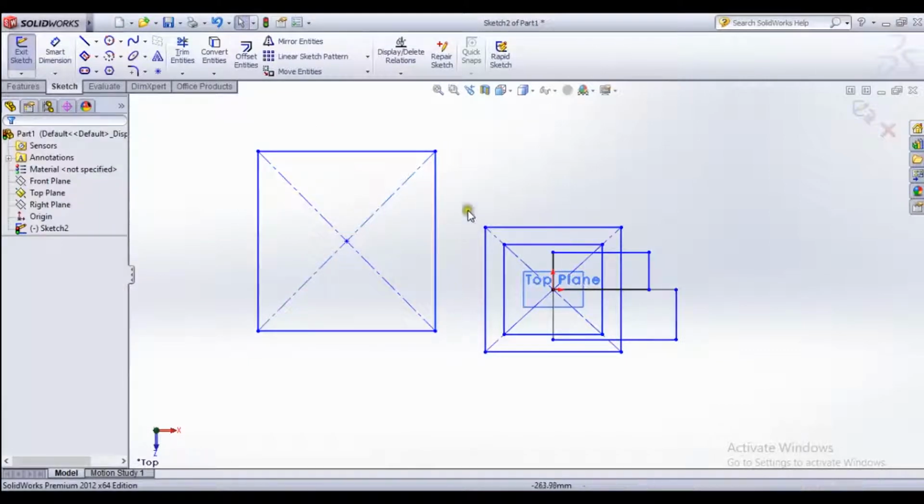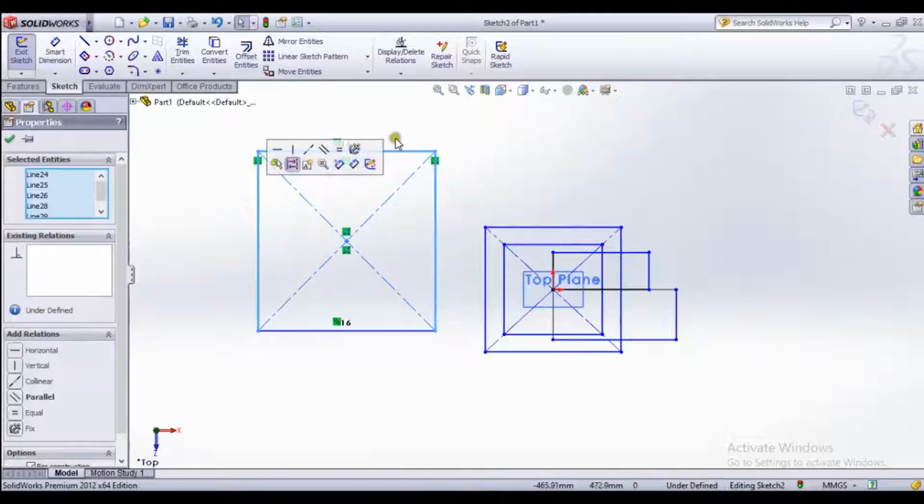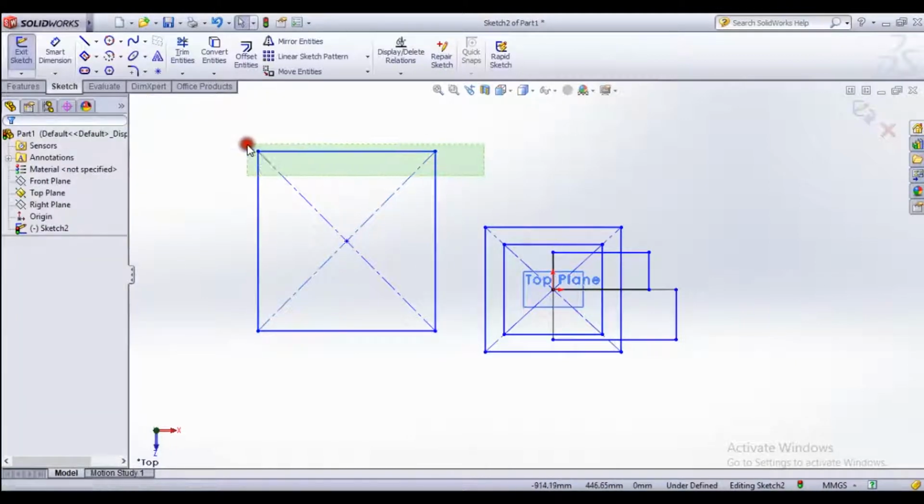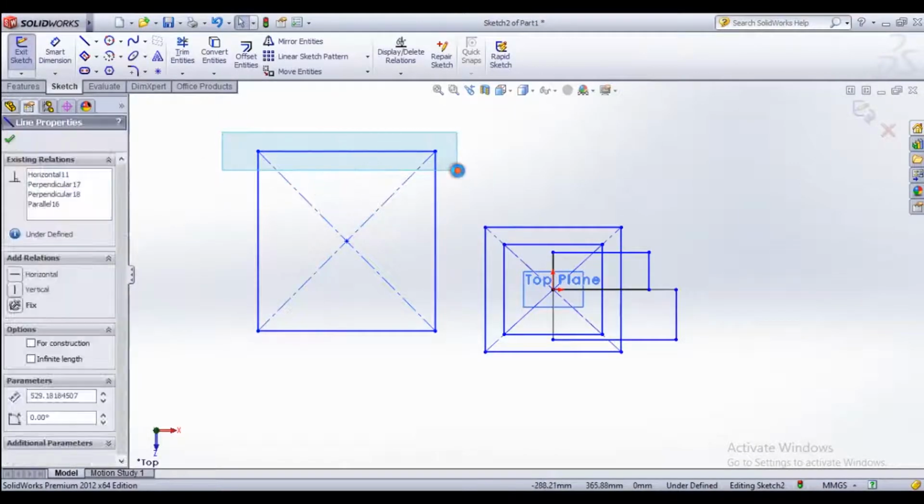When we select from right to left, we only need to touch a part of the line we want to select. You can see this whole line is selected, this one, and this one. We also selected this point. But when we select this way, we only select this line.